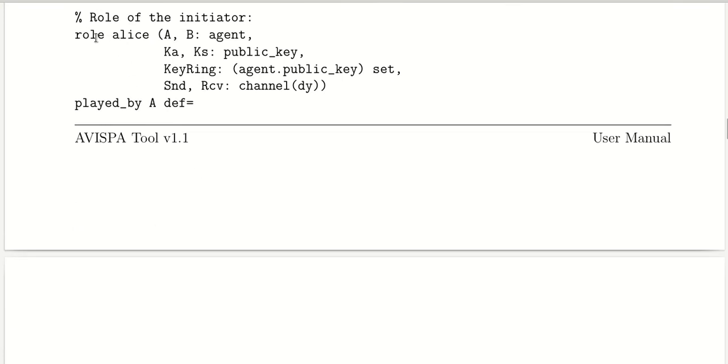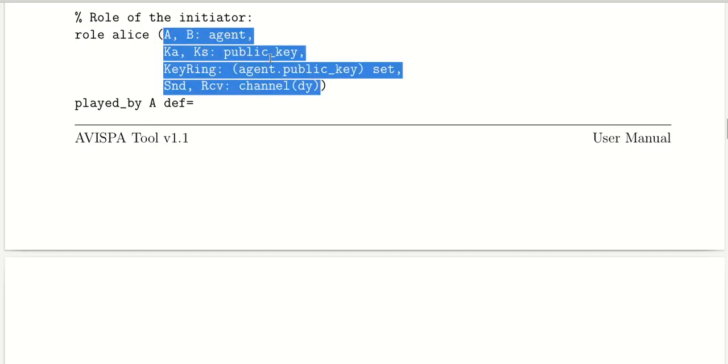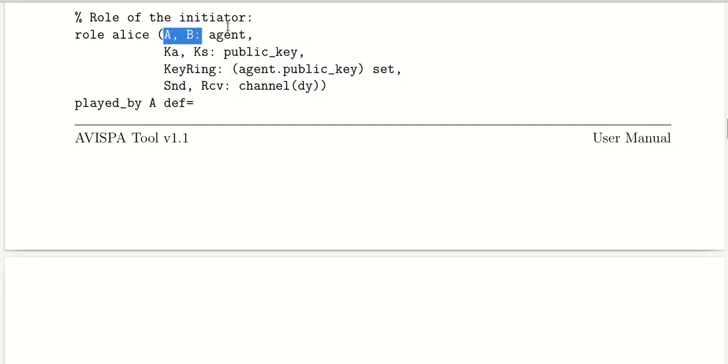In a basic role we have the role and the role name, and these are the formal parameters. In the formal parameters we mention all the types of variables, and we mention which variable is playing this role, played by this role, and we are defining